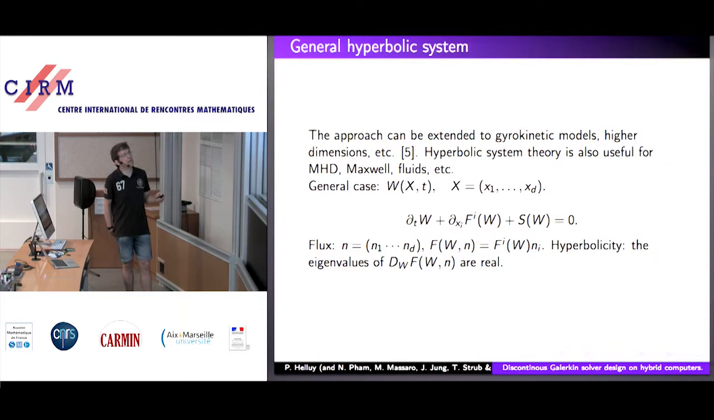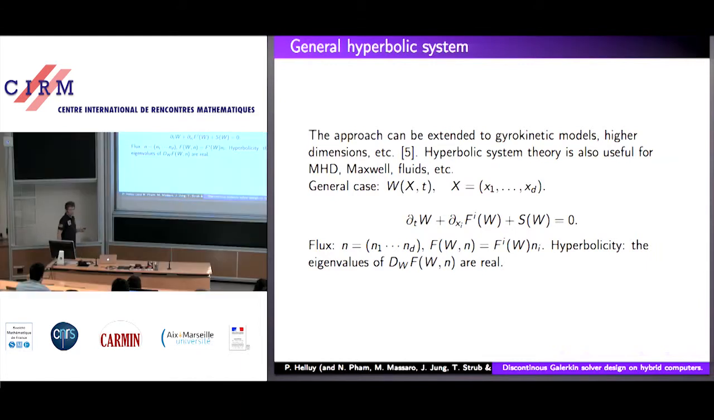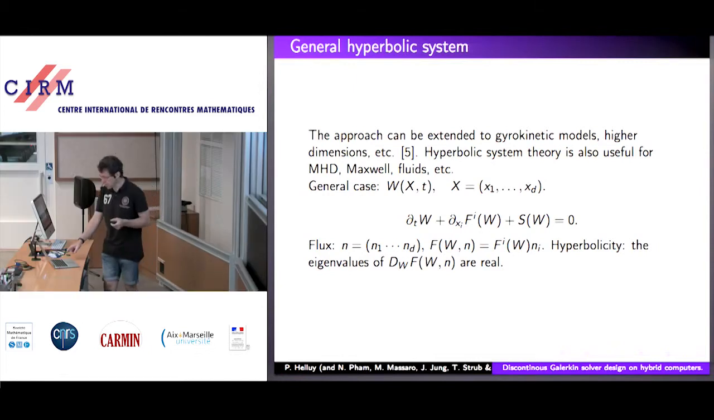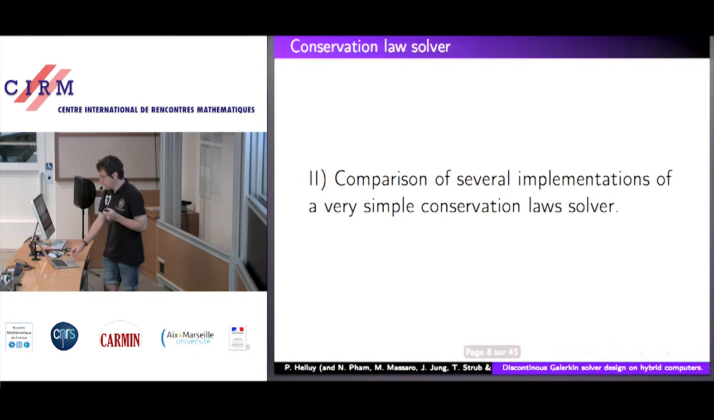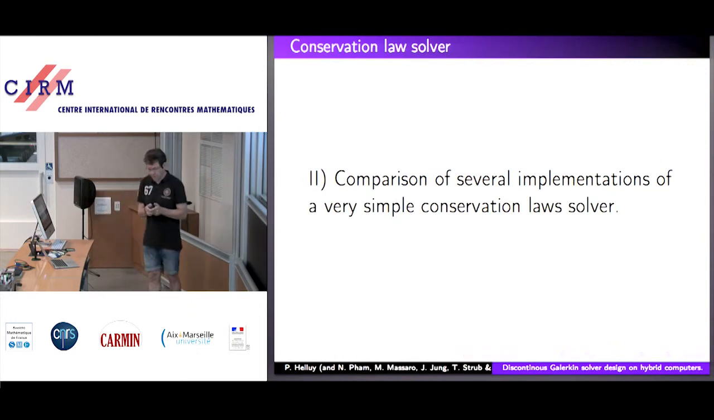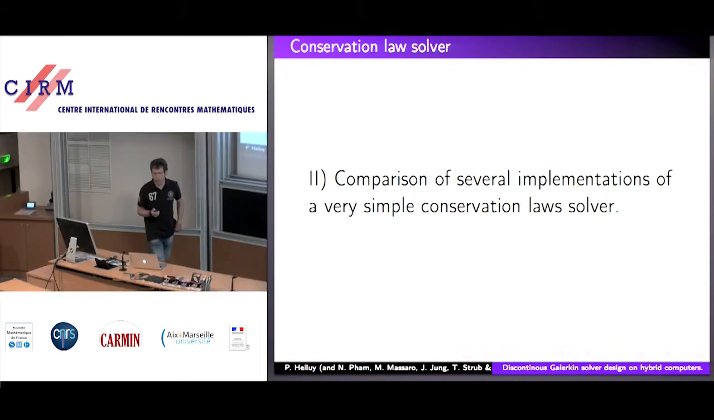says that the eigenvalues of the Jacobian matrix of the flux with respect to W have to be real. If this condition is not satisfied, we can show that the system is not stable, so it is not well posed. So this is a minimal condition if you want to be able to solve this problem. Okay, so now I am in this context, and I will now see how it is possible to numerically solve